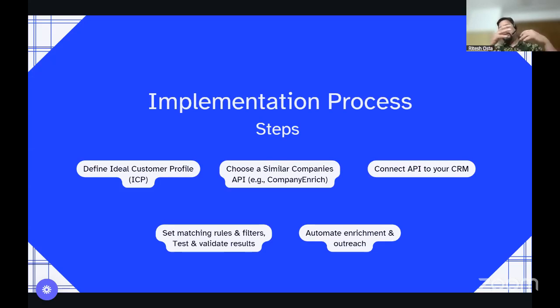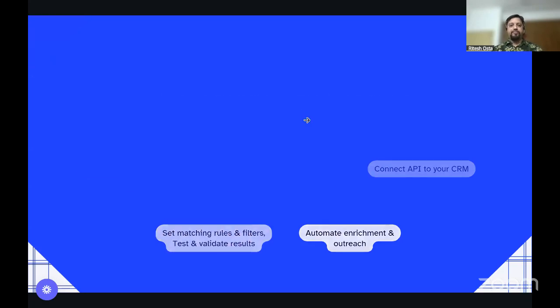You can automate the entire process if you hire people like us, or else you can do it manually also. If you want to do a few of the things manually, you can do those things manually as well if you do not want to automate everything. But people like us, we can automate this entire process very effectively. Okay, so